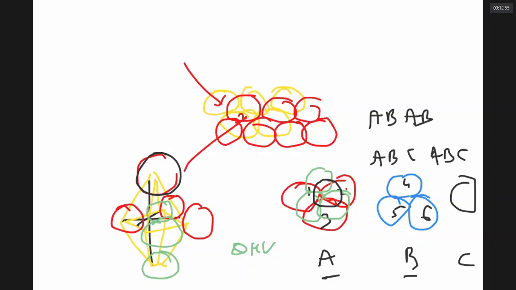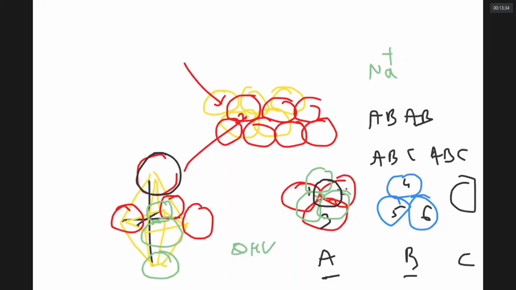Now, generally, if you are taking an ionic solid like NaCl, always the bigger particles will make the lattice. And if you are talking of a metal like sodium, potassium, lithium, all atoms are of the same size, so only metal atoms can make the lattice. When the lattice is made by bigger ions or atoms, there are some gaps. In those gaps, small ions, usually cations, are locked. So in an ionic solid, the lattice is made by negative ions and the positive ions are trapped in the voids.